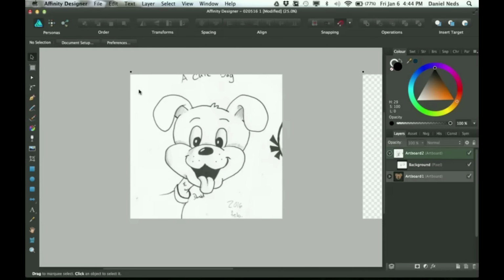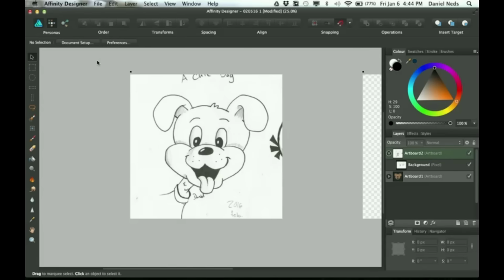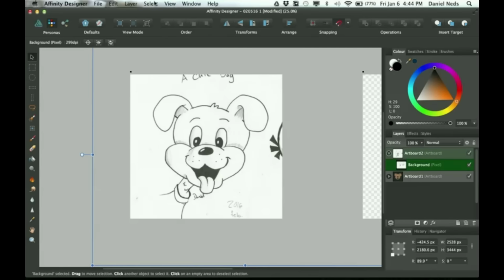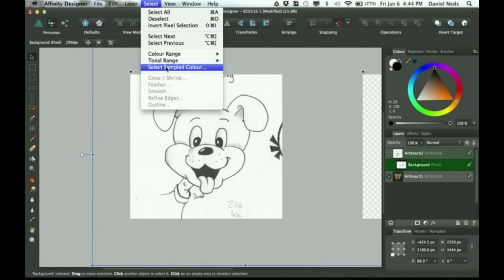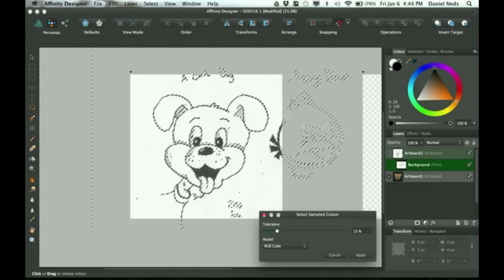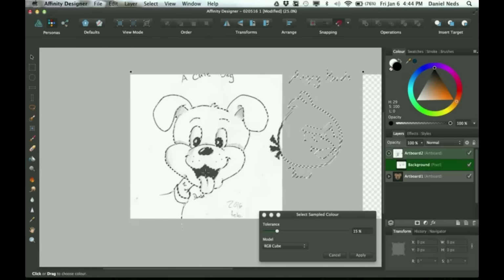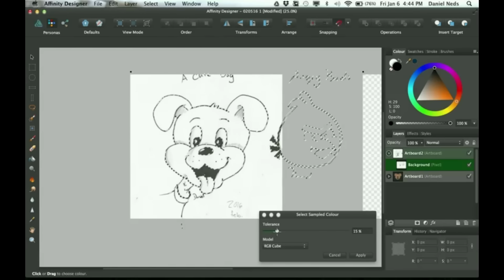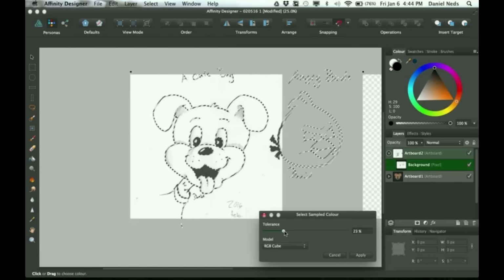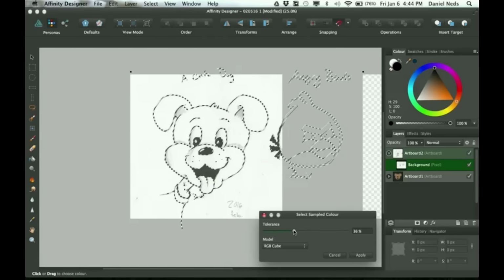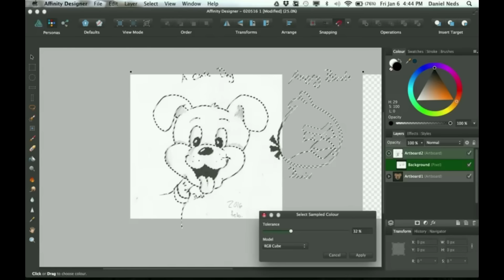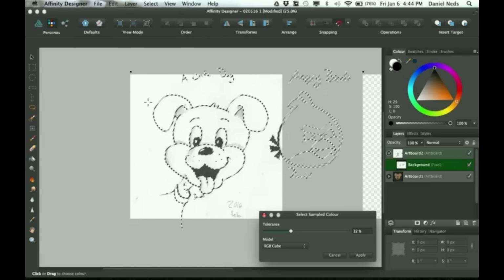So let's get started. I'm going to go over to the pixel persona and click on this background layer. I'm going to go up here to select, and click select sampled color. And I'm going to sample color right here, the black color. And then I'm going to bring the tolerance up to around here, so I can get this and not get all the little shading and random little lines I accidentally drew, or the paper dirt and stuff like that. So I click apply,